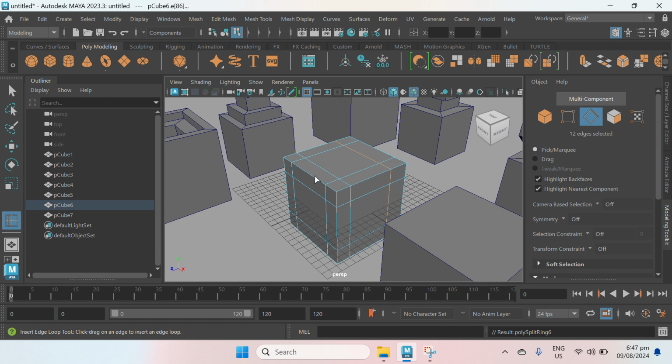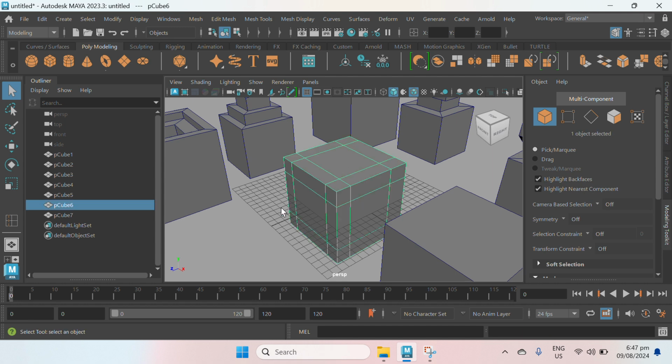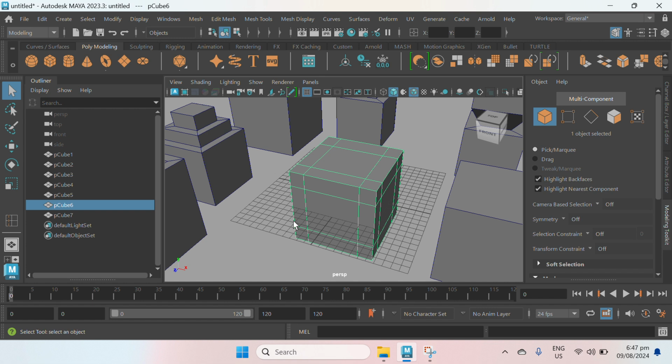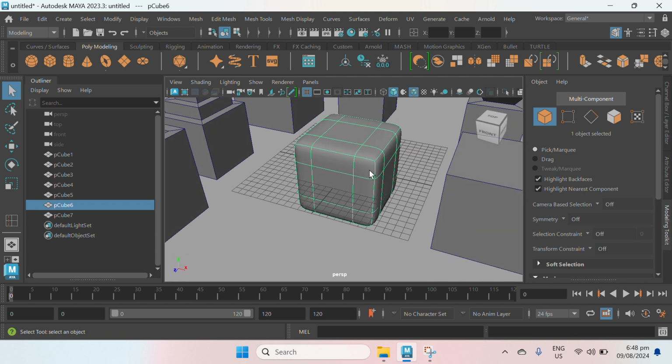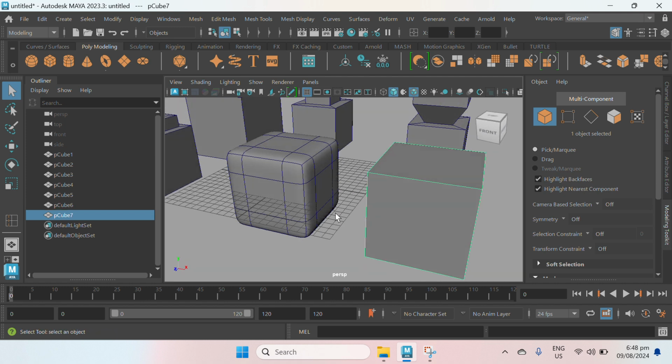After using the insert edge loop, go back to object mode and then go back to the select tool. So here I will just select this one and press 3 to see the smooth preview. So this is the result, the object with insert edge loop, and here the object without using insert edge loop.